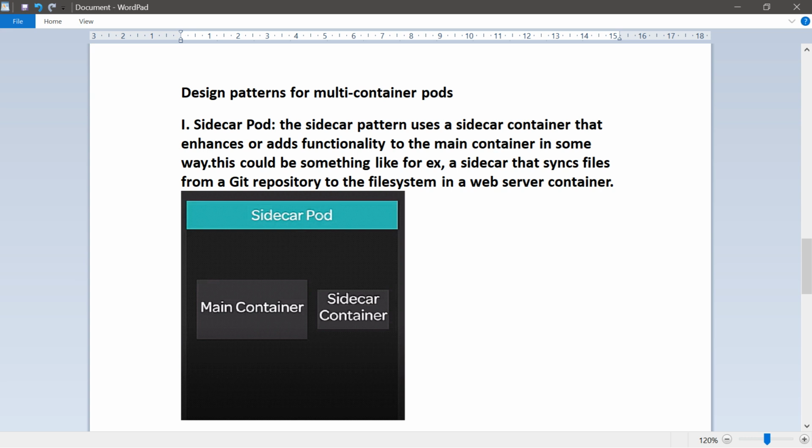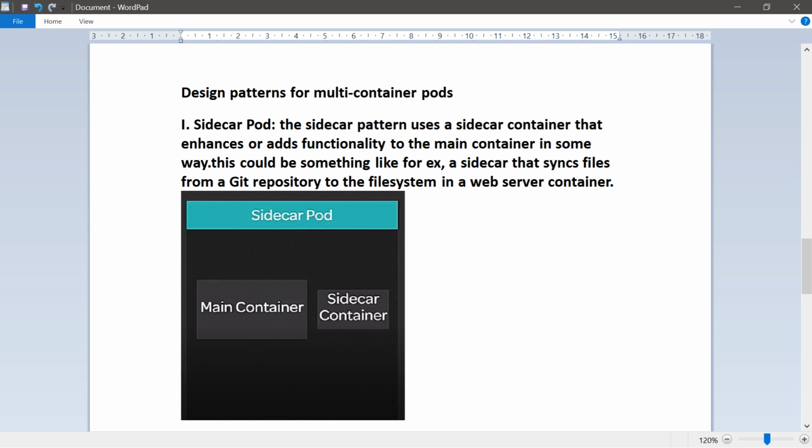The sidecar pattern uses a sidecar container that enhances or adds functionality to the main container in some way. For example, a sidecar container that syncs files from a Git repository to the file system in the web server container. Essentially, we can use this for automated deployments.